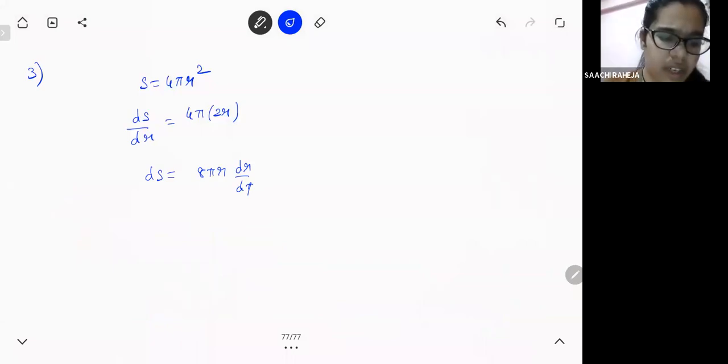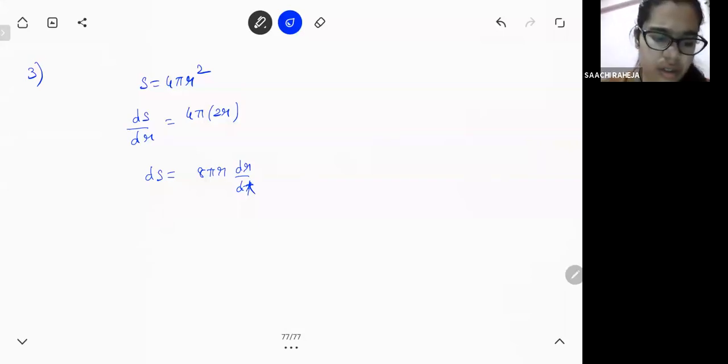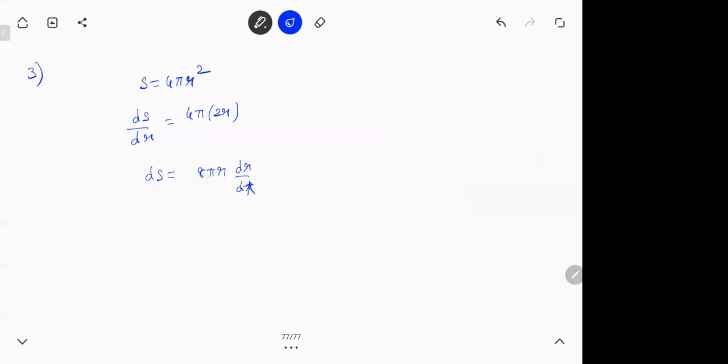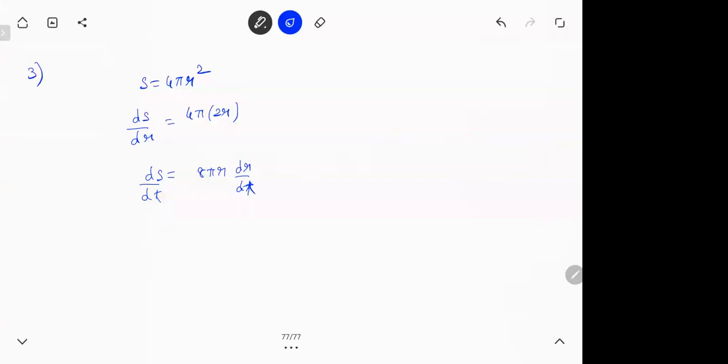8 pi. Like you have written dr by dt is 2, but you cannot get the desired answer by that. How much dr by dt was given? You took 2, but it should be half. Yes, it is half actually. I did a calculation mistake. Then it is fine. That was my error actually. I messed it up. Is the answer 8 pi or 4 pi? No, 8 pi will not come, 2 pi will come. Sir, I got 2 pi. 2 pi, 2 pi. It is clearly visible that it was a calculation mistake. I made the sheet before sleeping. That happens. That was my mistake.